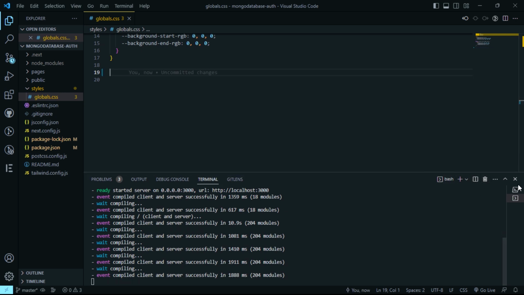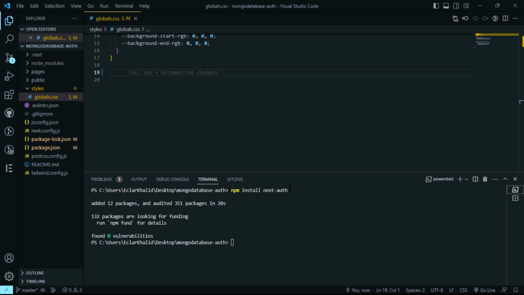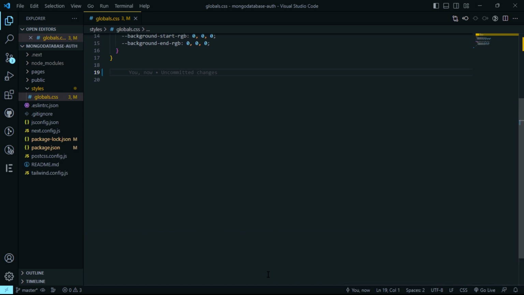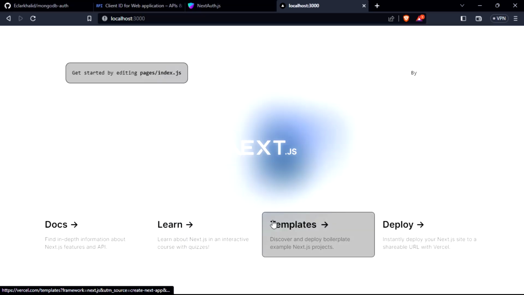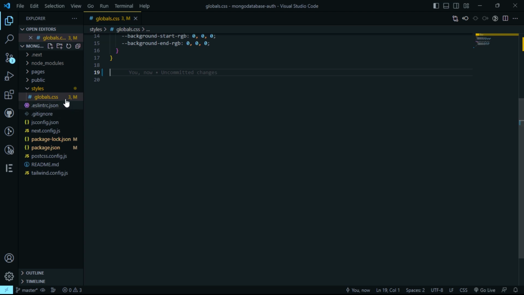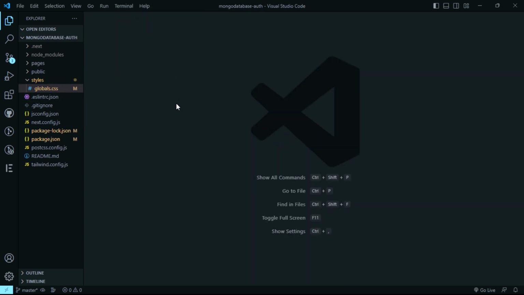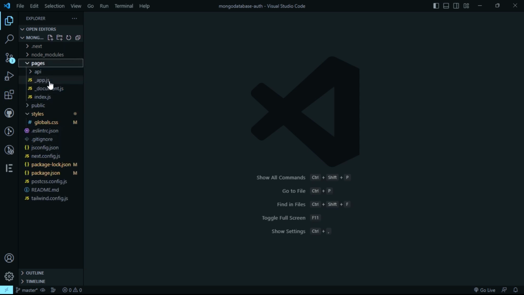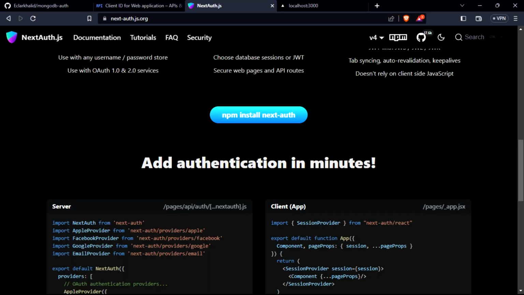So make sure you run npm install next-auth so that you can install next authentication. So we are done installing the packages we'll be using. So the next thing we are going to do, let me close this first. We are going to come and start creating our API. Inside here we have the index, we have the app.js, and also we have the API. So we'll come to the next Auth, and as you can see here,